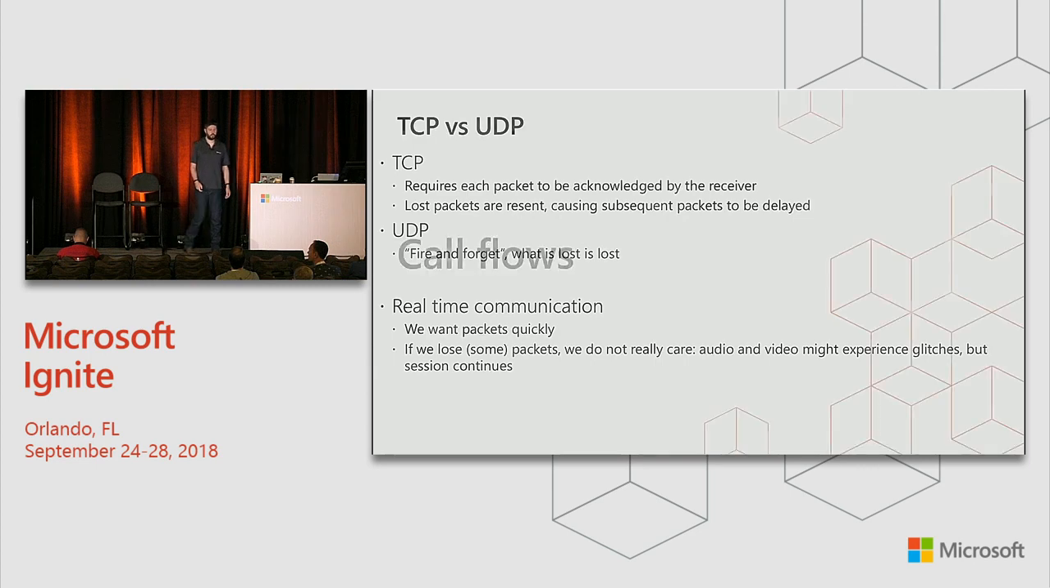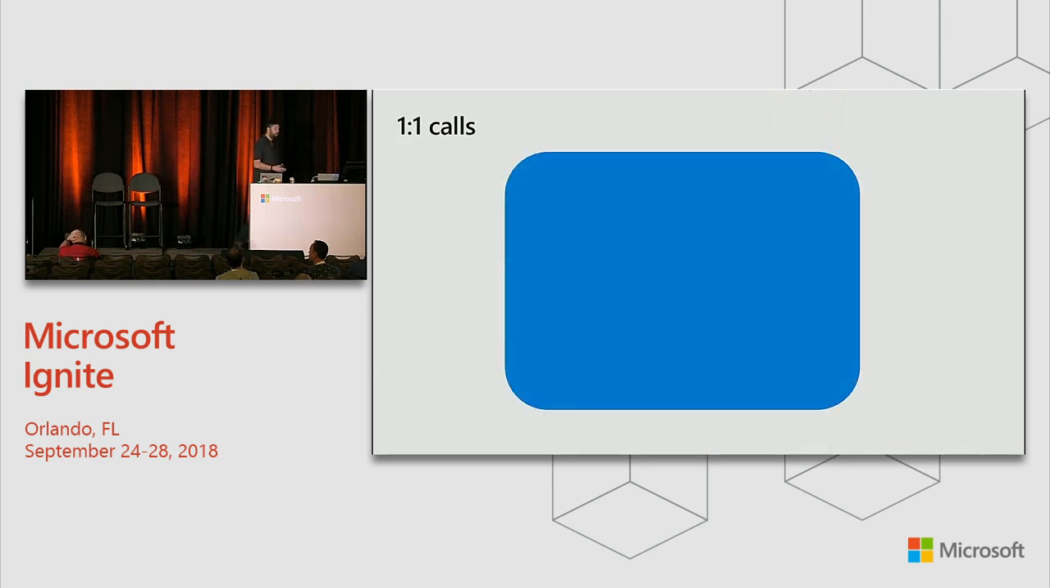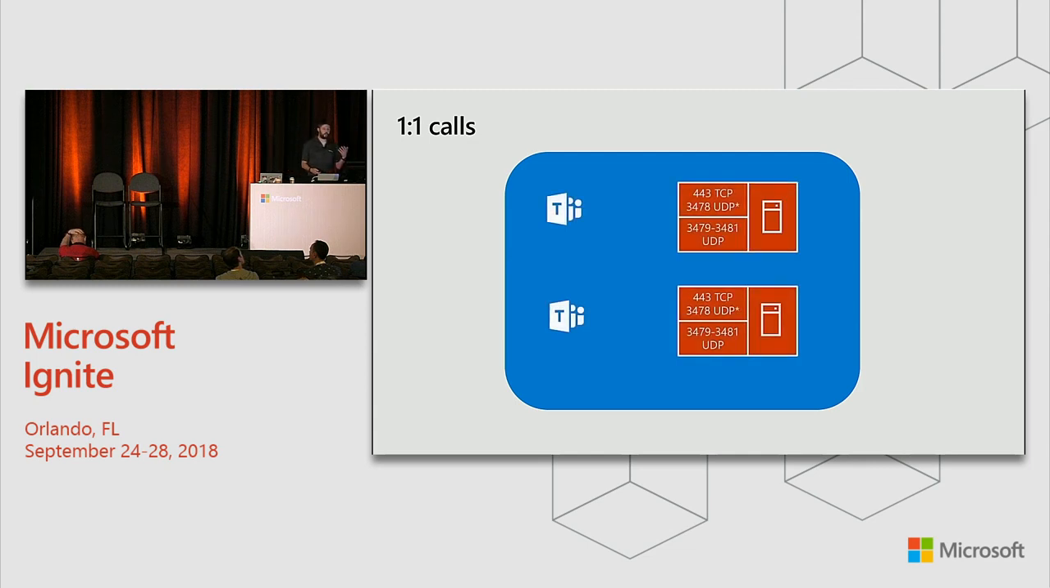So let's take a little look at some of the call flows. For one-on-one calls with Teams, we have our relay servers. They can be the same, maybe they're using different ones, doesn't really matter, the mechanism is the same. So we have two Teams clients. The first thing they do is establish 3478 UDP to the relay server. Now, if we can make the call directly, that's awesome, let's do that. If that doesn't work, what we can do